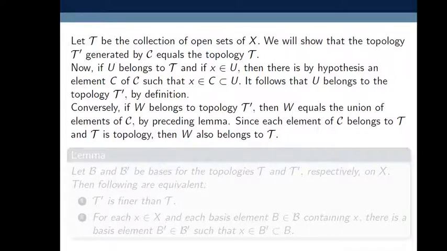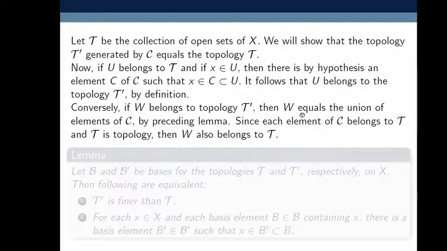What was that lemma? That lemma stated that the topology tau equals the collection of unions of elements of its basis. So here the basis for tau dash is script C. So I choose W belonging to tau dash.